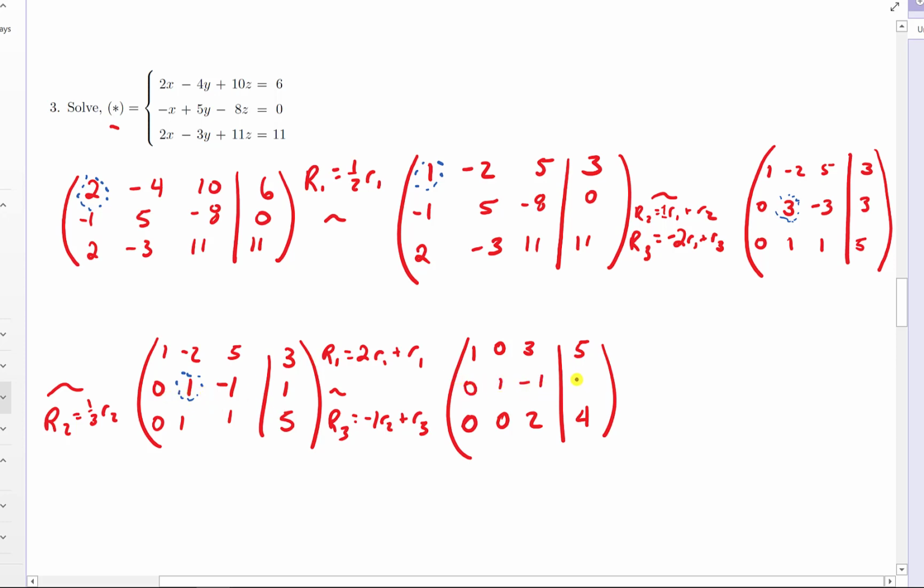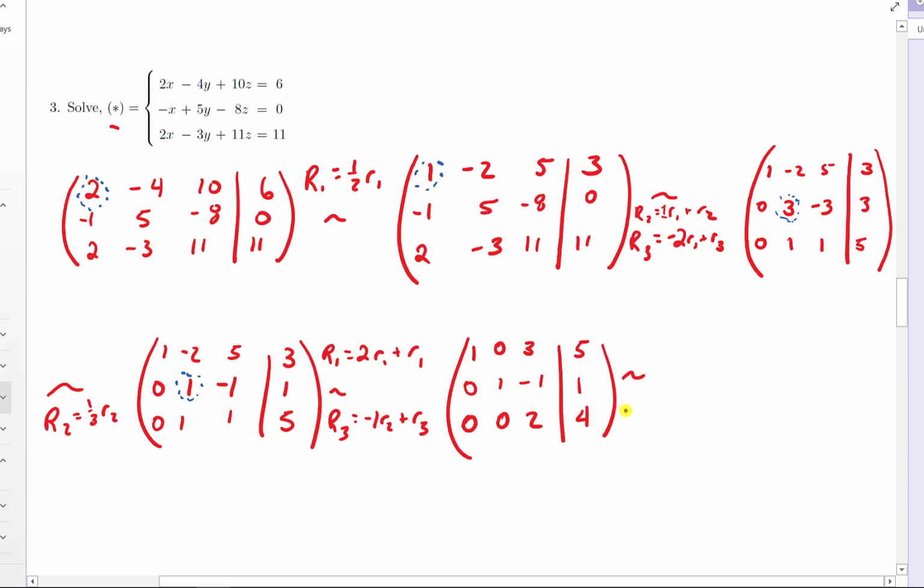So as far as the row reduction algorithm goes, we got a 1 in this first pivot position, 0s above and below it. Then a 1 in this potential pivot position with 0s above and below it. And now we want to get a 1 in this pivot position if it's possible. And it certainly is, because we've got a row, namely this third row, that has a non-zero entry in this potential pivot column. So it is possible to get a 1 here, and we'll do so by dividing this row